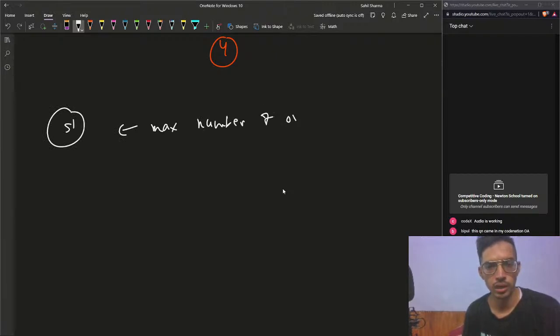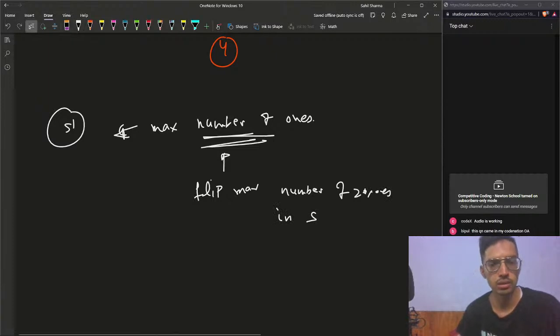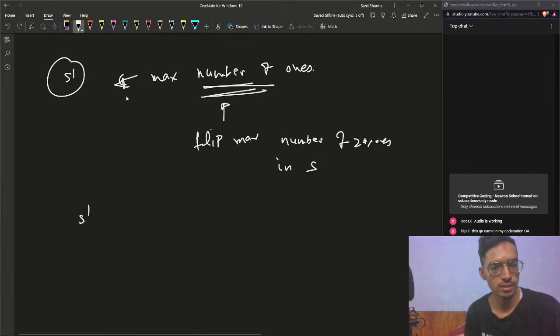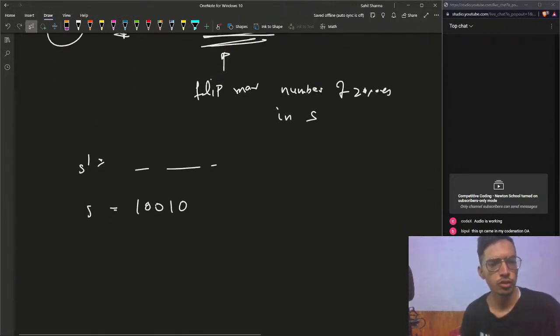We know that we are getting S dash after flipping some part of S. So that means we want to flip the max number of zeros in S. For example, let's say my S is 1010. If you flip this one, we will get